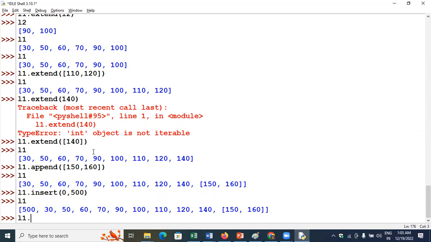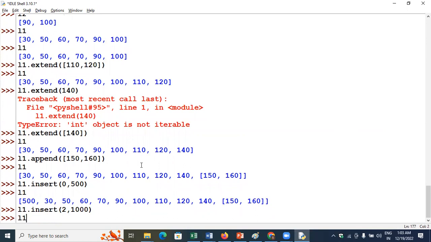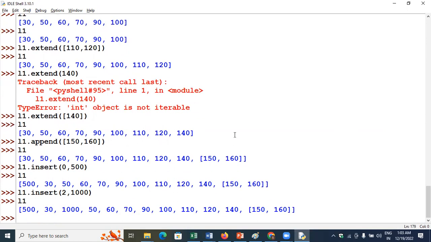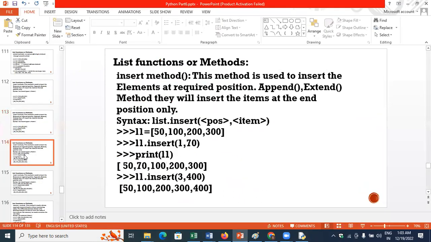Extend also adds the list at the end only. But insert, whenever you want, in which position you want, you can insert. For suppose L1 dot insert. Now I want to make it the third element. Third element means the index is 2. I want to give here some 1000. So the third element will be getting replaced with 1000, 3000. So this is the difference between the insert. Hope you understood. And next we will see